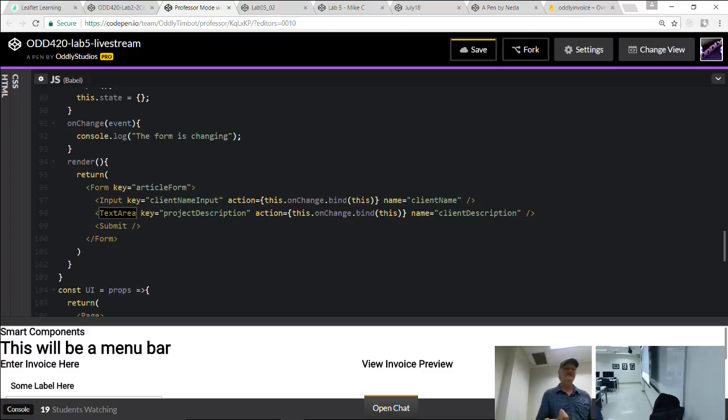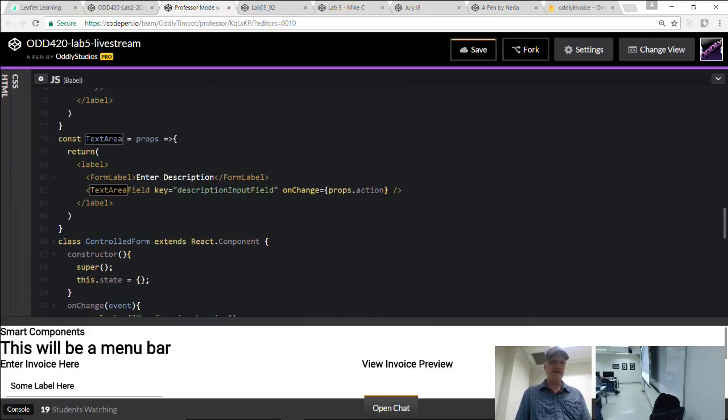So I'm setting up this little scenario where I'm basically creating the area where I enter my client's name and some little description about the client. Okay, once you have that, let's go back to our input component, and we'll use that name.